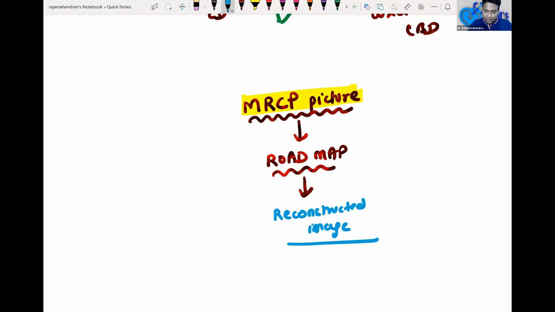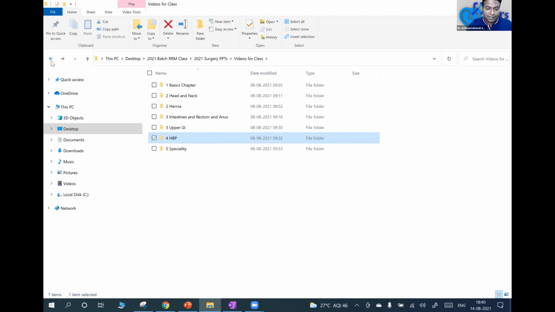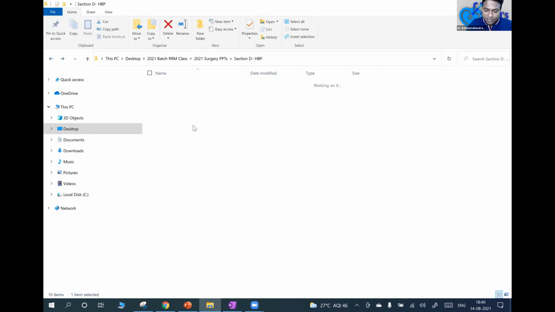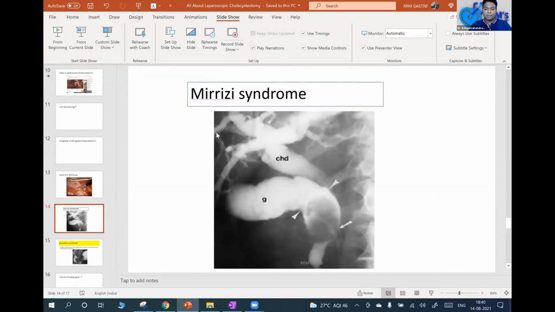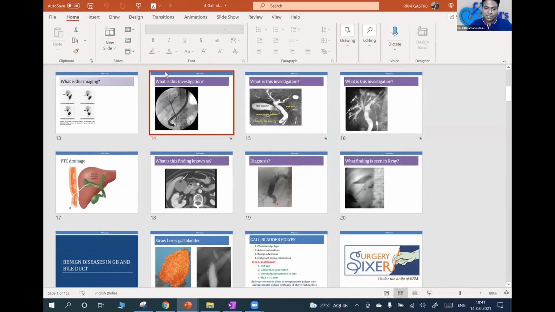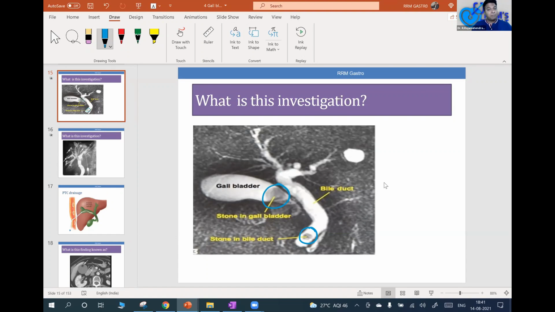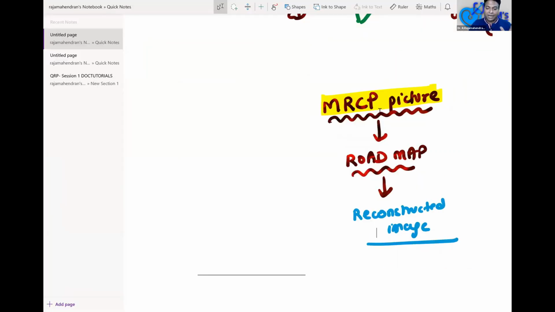I'll show you. This image I'm going to show you is for final MBBS students, those who are attending the class here. You should never forget what an MRCP image is. There's a picture showing you a clear-cut MRCP picture. So this is a picture of MRCP. In this patient, you can see the gallbladder, you can see where the cystic duct is going, and you can see in this picture there is a stone in the bile duct. Everything you can get in MRCP before entering into the field. Before entering into the field, you have a clear-cut anatomy of the entire system.